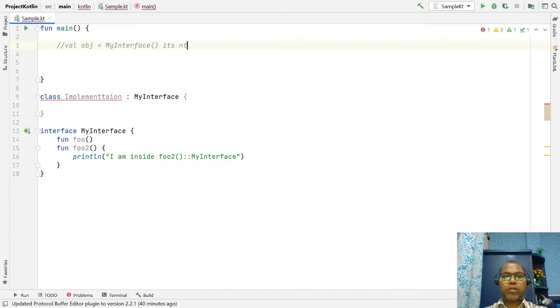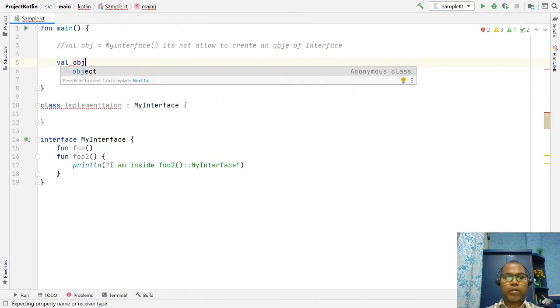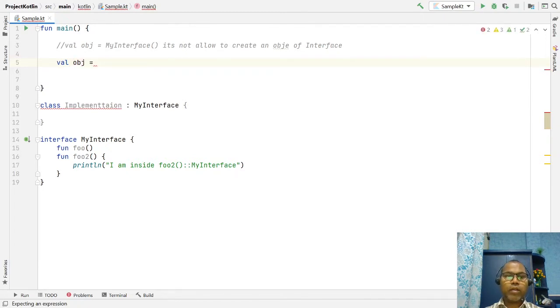It's not allowed to create an object of an interface. Okay, and let's now create my implementation. So here you can implement, but